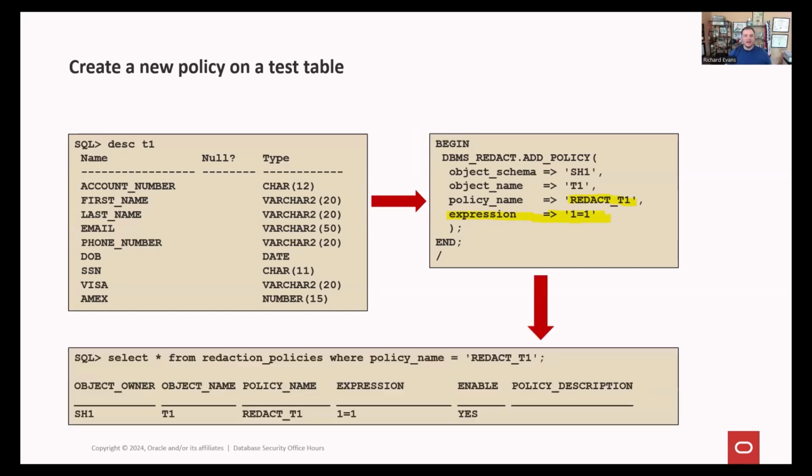And then the first thing you're going to do is say, hey, I want to go check what the redaction policies show me, so I can see what redaction policies we have out there. And you can see here that we've just got one right now. It's enabled, but we haven't applied this to any columns yet, right? We've created the policy, and now we want to apply it to columns, and we want to choose how we redact the data in those columns.